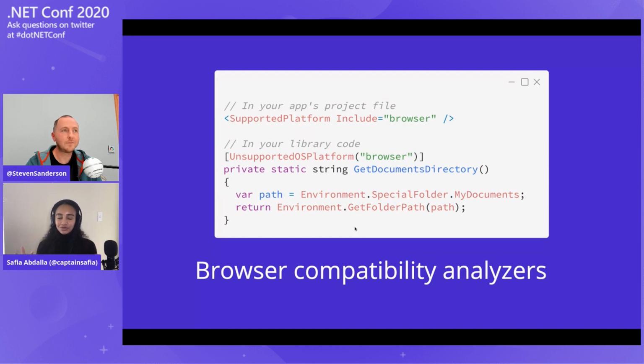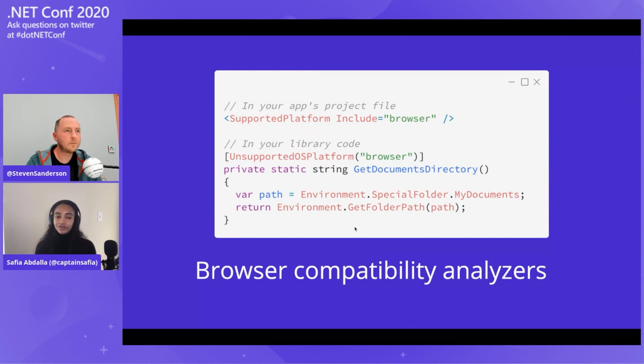And with those 2 hosting models, you can run Blazor on a variety of targets. If you're running it on a Linux or Windows server, or maybe you're running it inside a modern web browser on WASM. Now, in .NET 5, we ship support for compatibility analyzers, and they allow you to decorate a project's or a library's project file or your function APIs with information about what platforms a function is supported to run